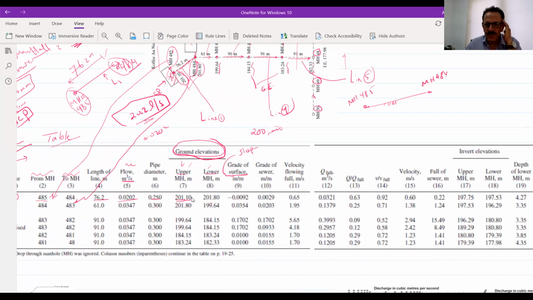484. So what will be the elevation here is 201.1. The elevation here is 201.8. So the slope of this grade and the surface slope is equal to 201.8 minus 201.1 divided by the length of this pipe. So you can see the length is 76.1 meter. So what will be the slope? The slope will be equal to